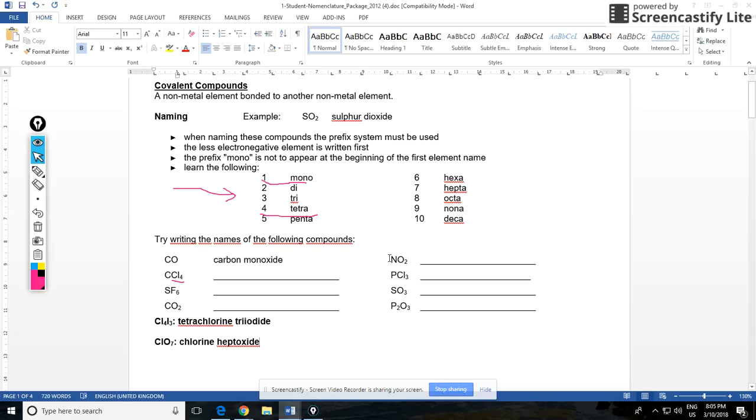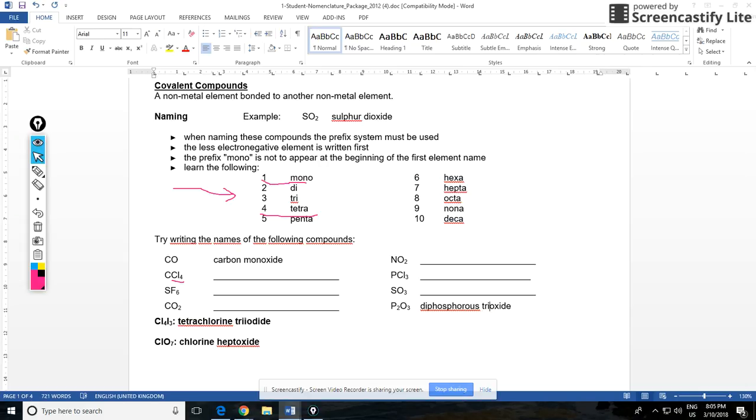So again, when you're naming the covalent compounds, make sure you use the appropriate prefix. Don't use mono if it's for the first element, but the first element will have a prefix if it's any other number than 1. So if it's, for example, here, P2O3, let's quickly do that one here. We have the first element is phosphorus. We don't change the ending of the first element. There's 2 of them, so it's diphosphorus. There's 3 oxygens, but the oxygens become oxide. And we have 3, so we use the Greek prefix tri. So we have diphosphorus